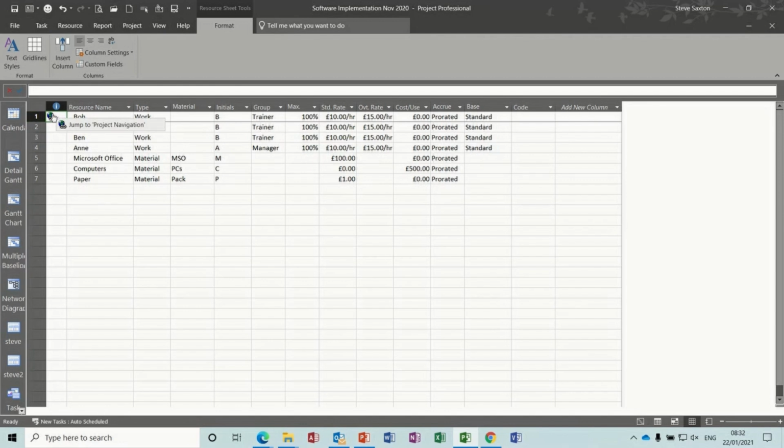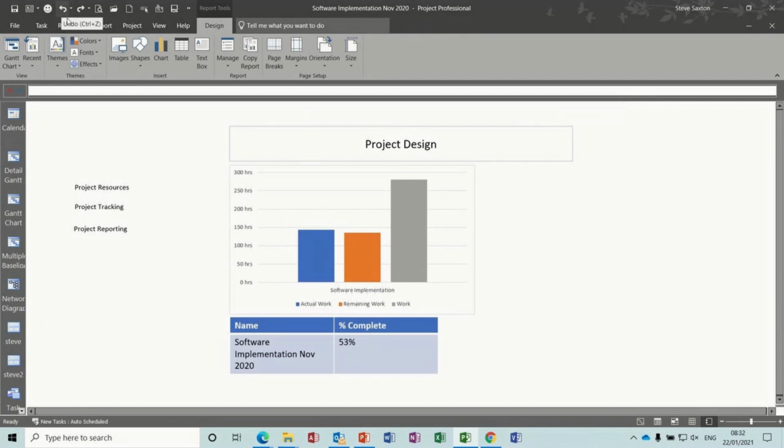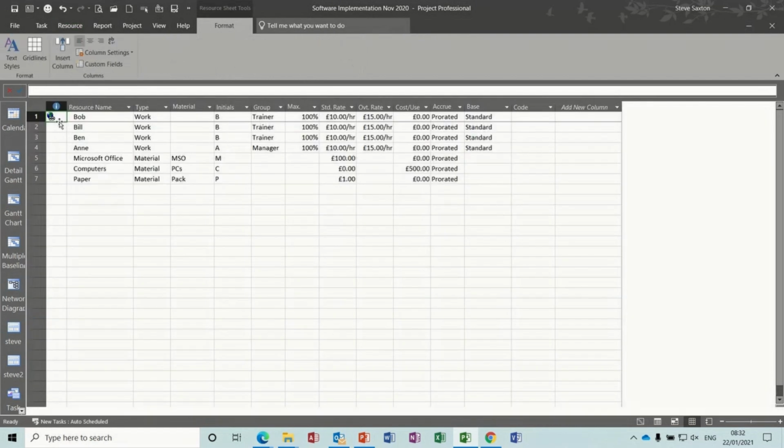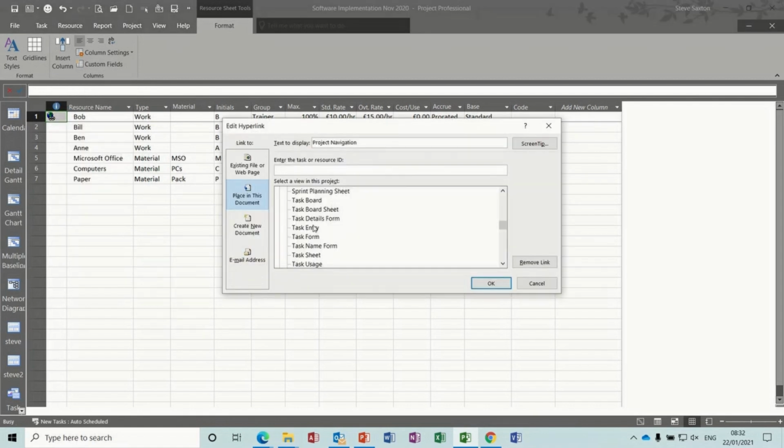I don't want to go to that project navigation. I want to go back to this other one, which I've forgotten already what I've called it, project design. So I need to edit this link. So right click, hyperlink, edit. So this needs to go to project design. Now you can't see project design in there, because what you have to do for this to work,